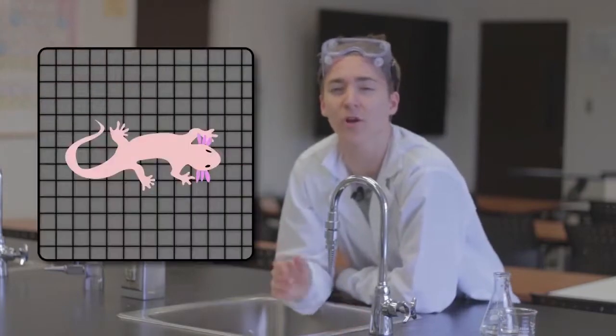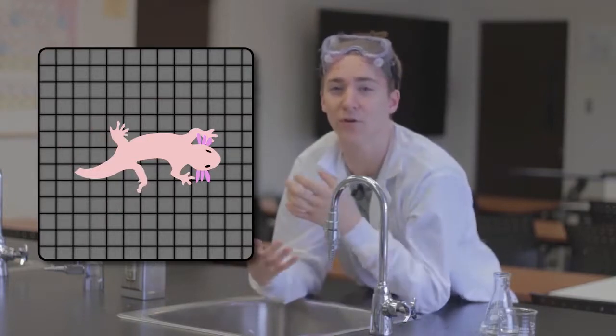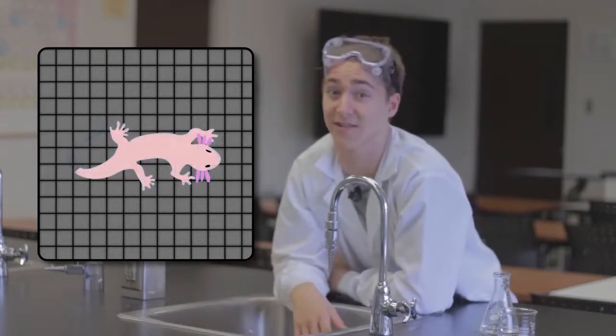But it gets even weirder when animals regenerate limbs. If you cut the arm off an axolotl, a regenerating salamander, and put a tail where the arm used to be, the tail will slowly morph into an arm as the bioelectric signals tell the cells that an arm is meant to be there, not a tail.